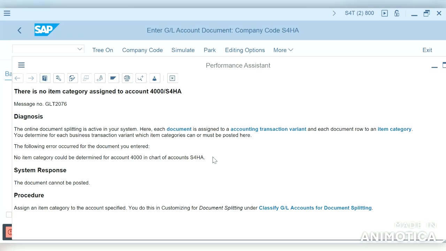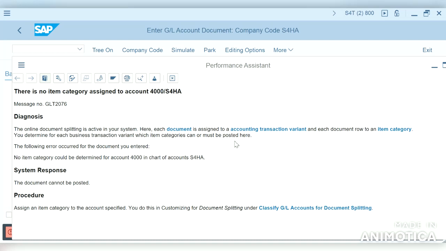The online document splitting is active in your system, so each document is assigned to an accounting transaction variant and each document row to an item category. We determine for each business transaction variant which item categories can or must be posted here.